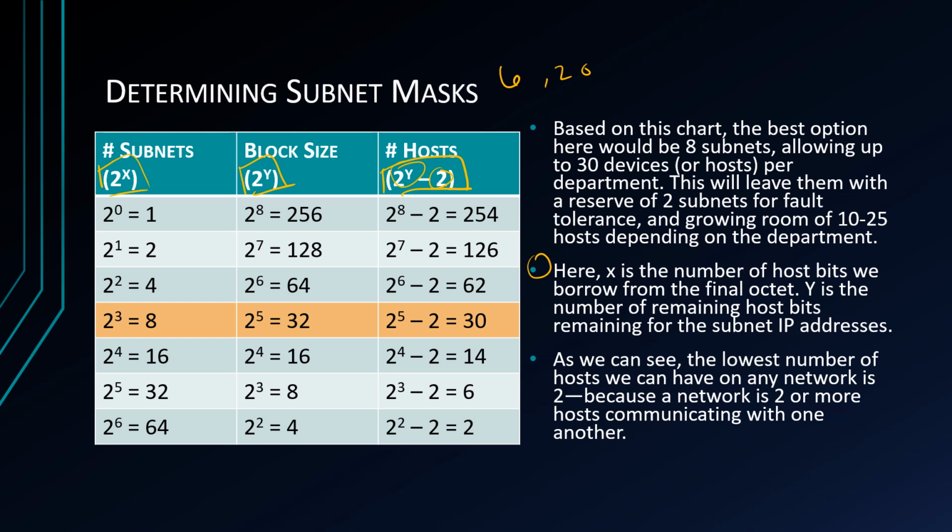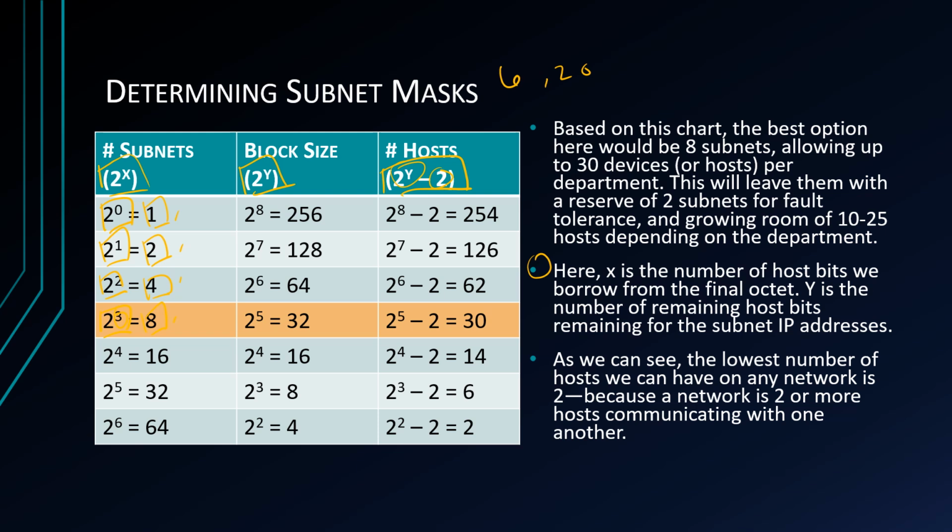So if we did not borrow at all, we would have one large network, but we need 6. If we borrowed 1 host bit, we could make 2 networks, subnets. If we borrowed 2, we could make 4. But we need 6. And given that it goes in binary, it just doubles every time. So the lowest we could go would be borrowing 3 host bits for 8